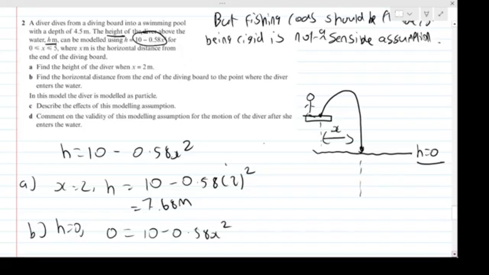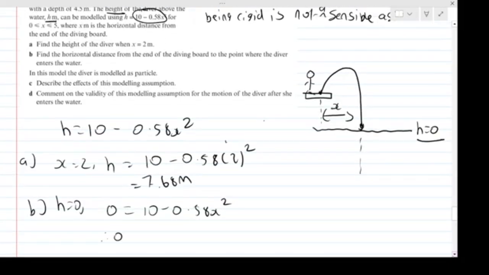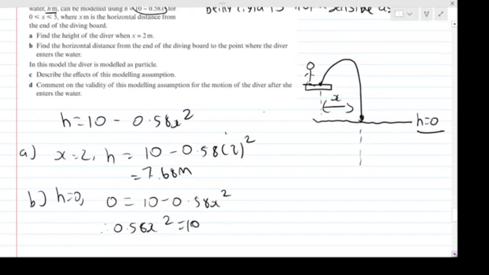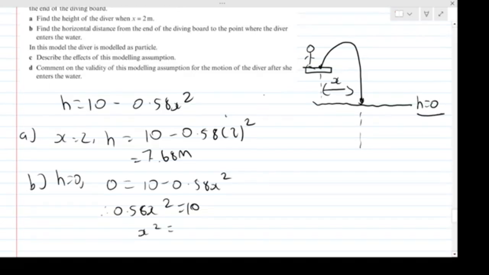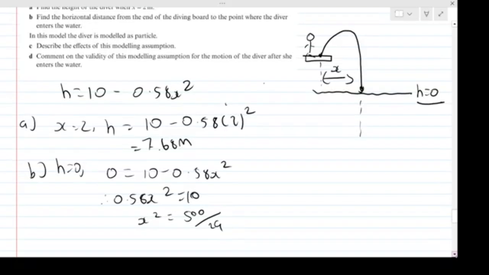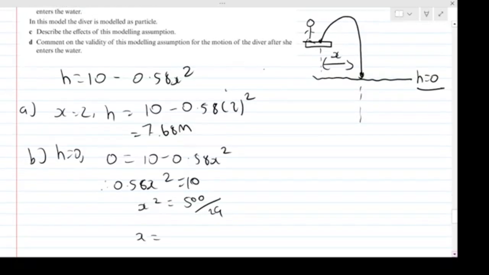Then we solve for x. So 0.58 x squared is 10. If we divide by 0.58, we get x squared to be 10 divided by 0.58, which is 500 over 29. So if we square root that, we get x to be